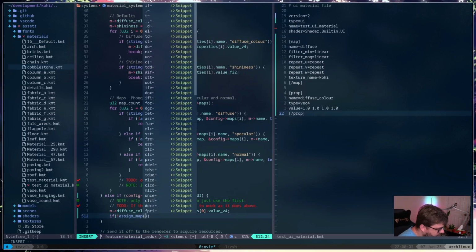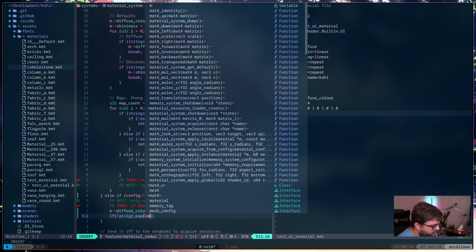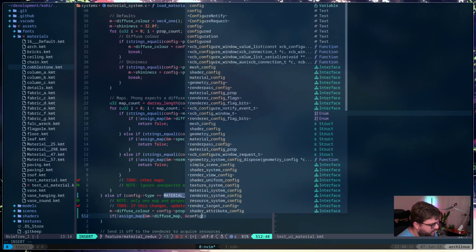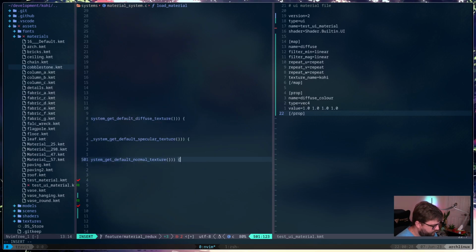Assign map needs the address of material diffuse map. Then it needs the address of config maps 0. Then it needs m name, material name, and what's the last property? Some default texture.